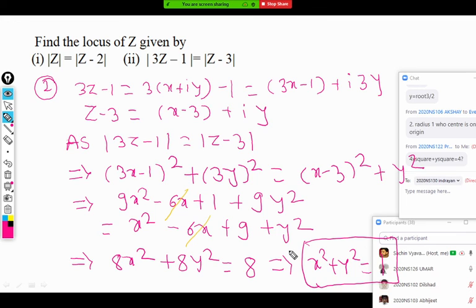Sir, in this we are comparing the R value, correct? Yes, because when you calculate magnitude, their magnitudes are equal. We cannot say comparing, actually. We are solving this equation for x and y, because they are already equal. Already their magnitudes are equal. That's a given.